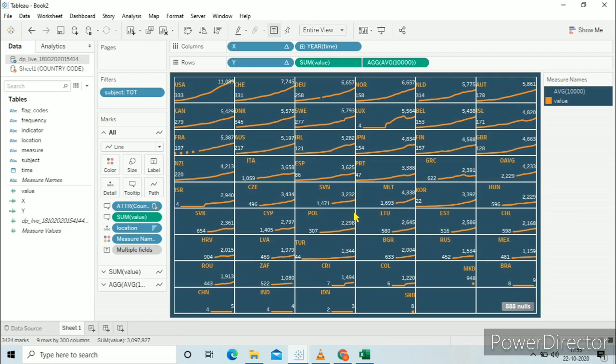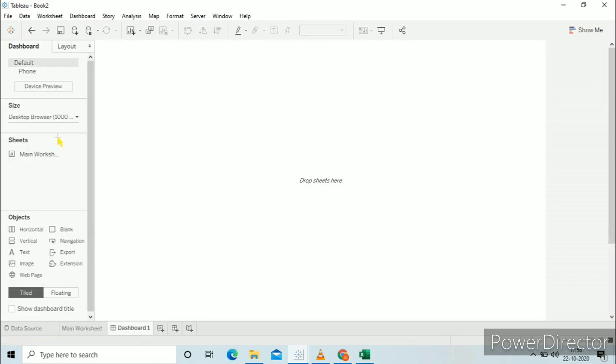Click on OK. Now you can see our tooltip is shown properly. That is, in a particular year this much amount is spent by this country. So we'll just change the name of this sheet to main worksheet and start doing our dashboard.